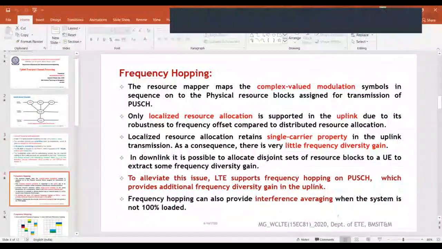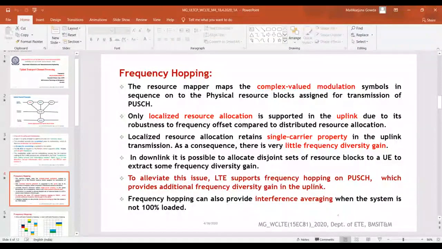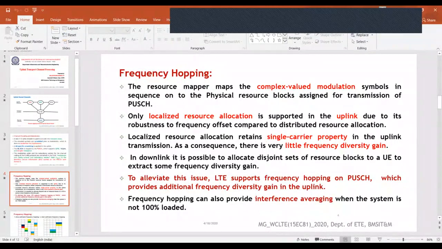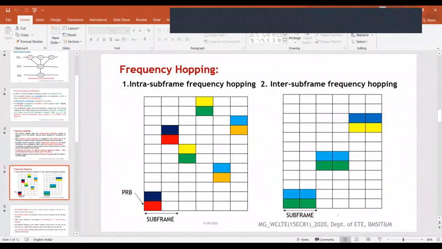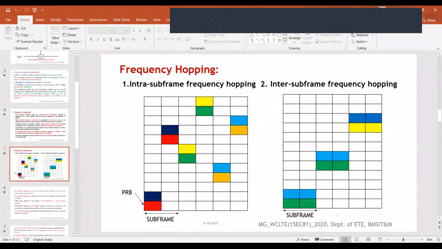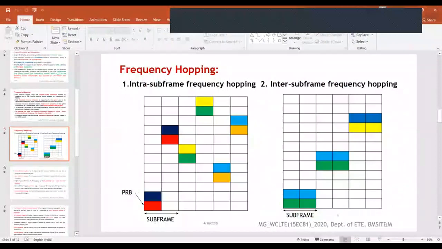Then I said about frequency hopping. Why do you go for frequency hopping? This frequency hopping provides the frequency diversity gain in the uplink, right? And it also averages the interference when the system is not loaded 100%. Based on that, I said there are two different types of frequency hopping techniques: intra-subframe frequency hopping and inter-subframe frequency hopping. In case of intra, the frequency hopping takes place within a subframe from one slot to another slot. In case of inter subframe,